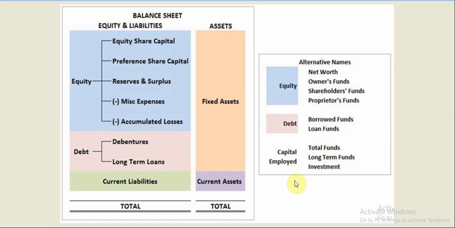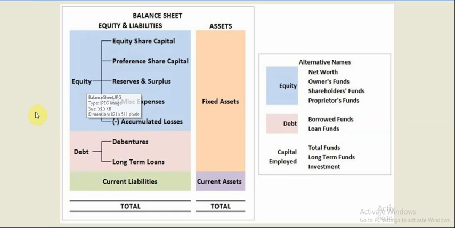For example, for starting my shop, if I put in an amount of rupees 1 lakh, then my capital will be 1 lakh. That capital is called capital employed, the capital that I have employed in my shop for starting and running the shop. That is what is called capital employed. In the same way, for a company, the capital employed is what the company uses for running its business and taking its business forward. If you understand this better, we can say that the liability side shows the sources of funds, right?